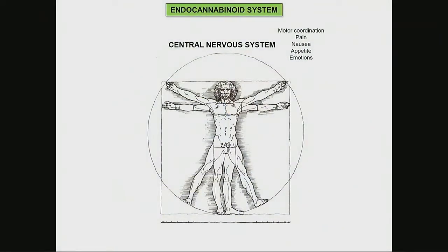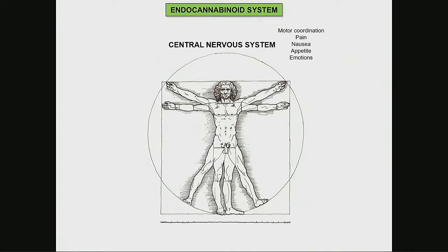Where else do we have cannabinoid receptors? Well, in the brain, we have them in the areas that control motor coordination, nausea, appetite, and emotions, and that's why we can use cannabinoids to prevent the nausea and lack of appetite that, for example, chemotherapy induces. That's why we can use cannabinoids to deal with anxiety, because we have targets in the part of the brain that controls that. We can also use cannabinoids to prevent the spasticity produced by multiple sclerosis, because we have targets in the parts of the brain that control motor coordination.